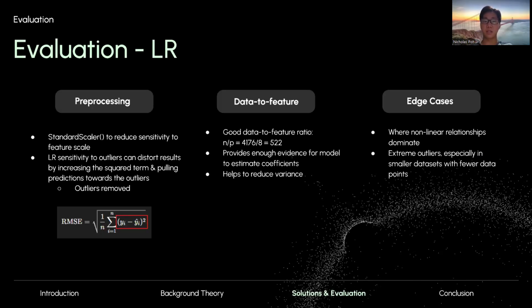Linear and gradient-based learning methods are sensitive to feature scale, which can cause unstable updates, as the gradient for one feature could be significantly higher due to its magnitude. This can lead to suboptimal models. Thus, normalizing all features helps to keep the coefficients comparable in magnitude, ensuring that regularization works fairly and gradient descent can update the weights smoothly. With a good data-to-feature ratio, it helps to reduce variance, as it provides enough evidence for the model to estimate